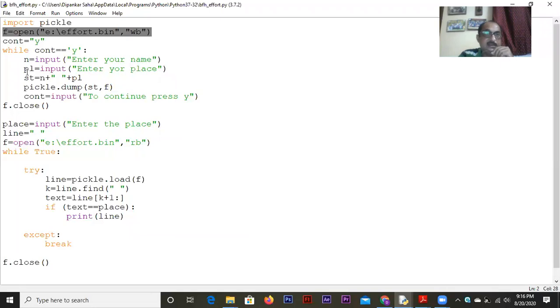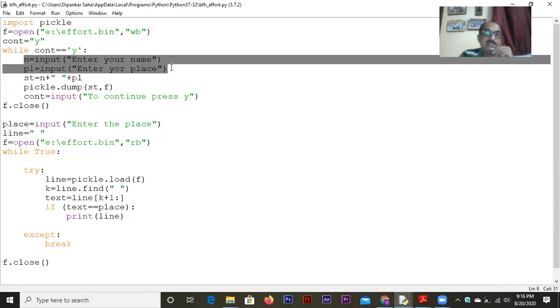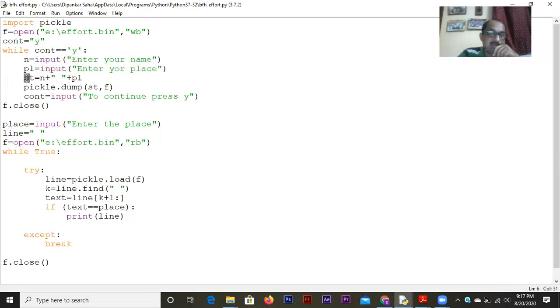Here I have taken the name of a person and the place he belongs to. I have collected these data within a loop so that I can make multiple entries, multiple records. Then in another string st, I have concatenated them together. This n is the name of the person and pl is the place.